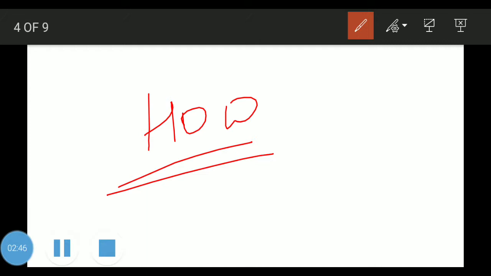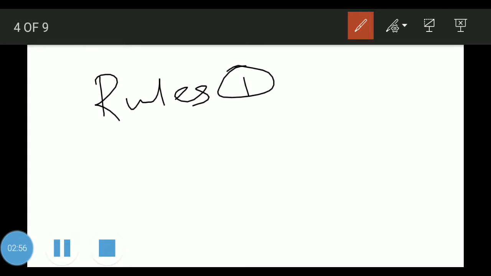To understand this more clearly, we should know the three rules. Rule number one says, whenever we get a number that is greater than 9, at that place we will add 6.